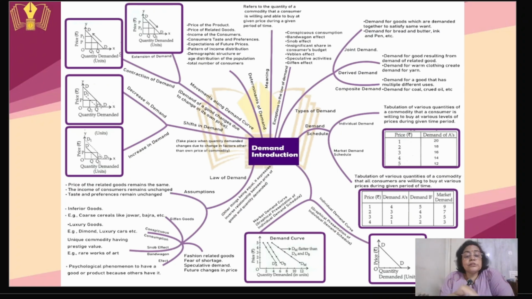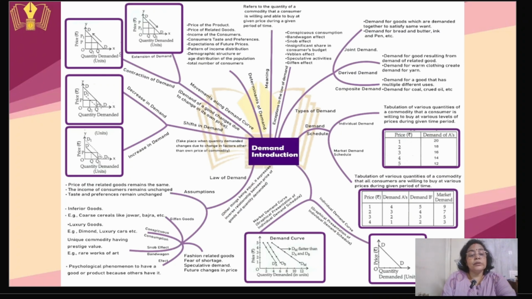Okay. Now let us go to the last part of this chapter, that is shift in demand curve. When the price remains constant, there is no change in the price, only the other factor determinants are changing. Suppose income has increased, price remains the same, your income has increased. So you want to purchase more. So your demand has increased. Like that, due to all the other factors, then we don't use the term extension of demand, we use the term